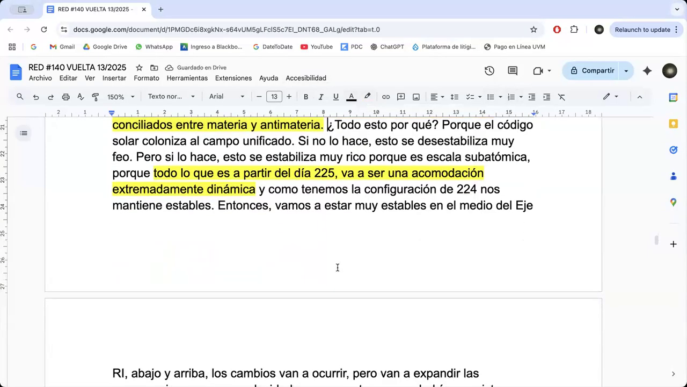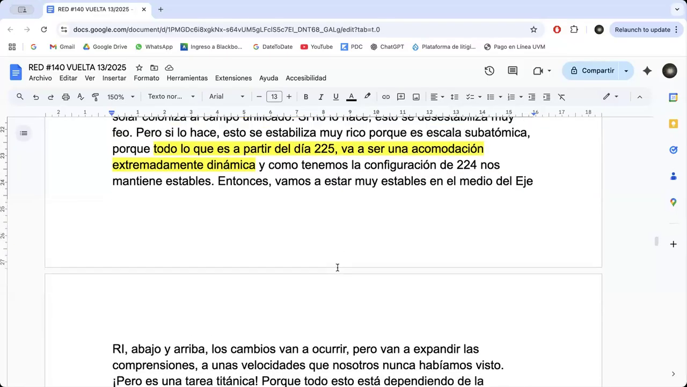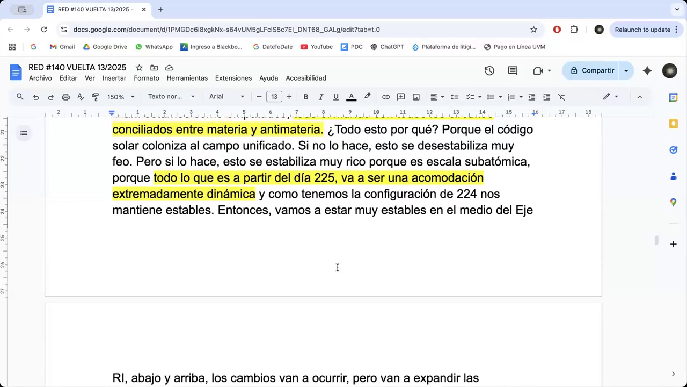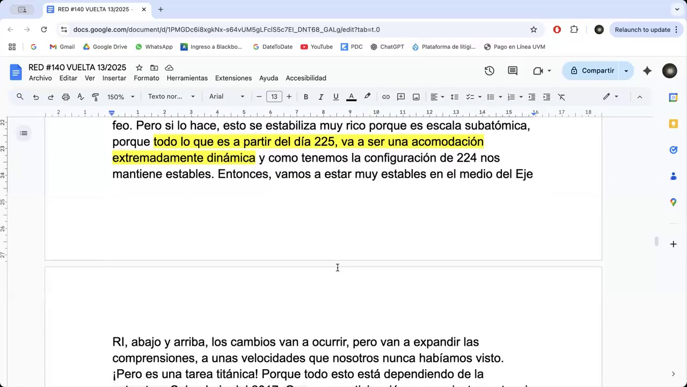So what is all of this for, or why? Because the solar code is colonizing the unified field. If it doesn't do that, all of this becomes very unstable, very ugly. But if the solar code colonizes the unified field, all of this becomes very stable, because we're